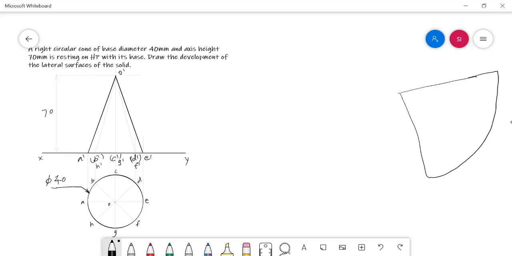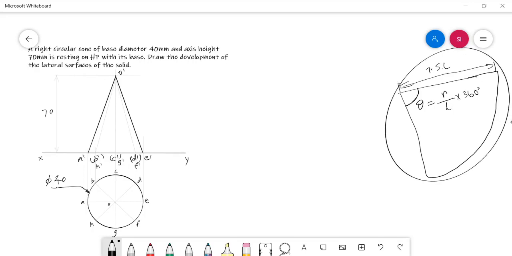The radius of this sector is the true slant generator length of the cone, and the interior angle theta can be found by the simple formula, radius of the base circle r divided by the true slant length L, into 360 degrees. By this formula we can find the interior angle of the sector. So this is the development of this cone.